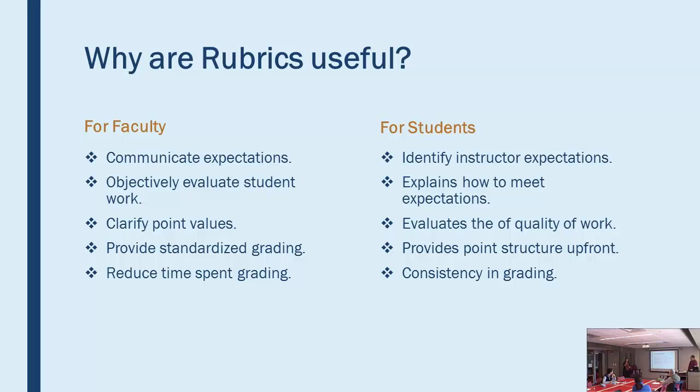So for example, Jen, as you mentioned, you find yourself feeling like you're having the same comments or explaining why they didn't achieve the highest points that were available for that component of the assignment. So what a rubric helps to do is provide that gradient of how those points are feeding